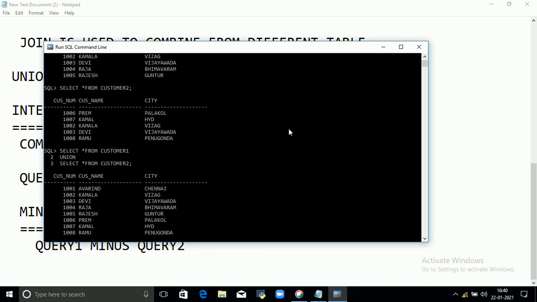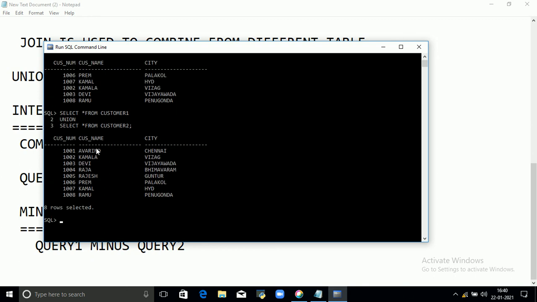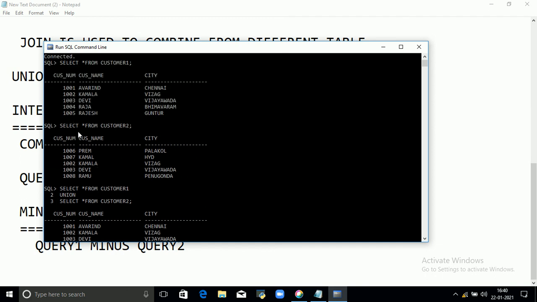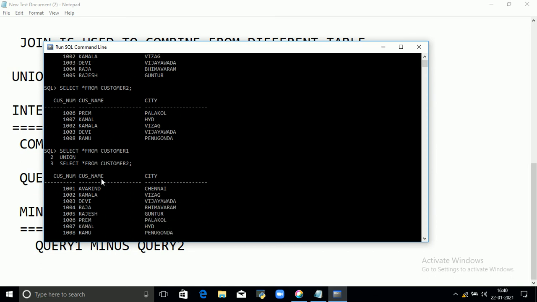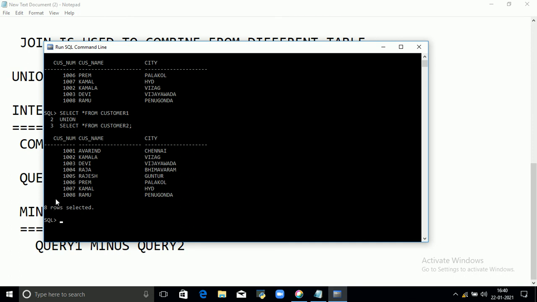So it eliminates the duplication. The duplicate rows are 2 and 3, which are not allowed in the result. It displays 8 rows without any duplicates.